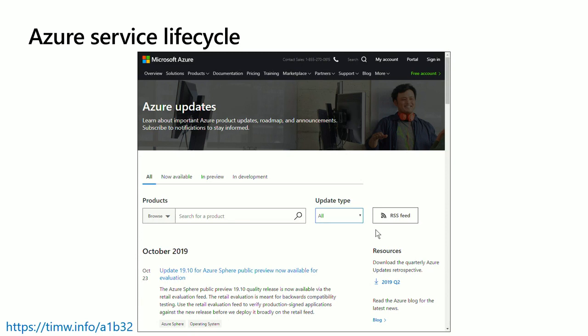Okay? And then finally, the Azure Service Lifecycle. This is a good website to bookmark. It's the Azure Updates page. And anybody here a fan of RSS? Would you admit it if you were? Really Simple Syndication. You can get an RSS feed URL for this page to always be notified when products work through the different levels. There's internal development. Then there's private preview that you can normally, depending, opt into. Then there's public preview, where the feature bubbles up in the portal and you might see it with the preview mark on it. And then you wait for general availability.